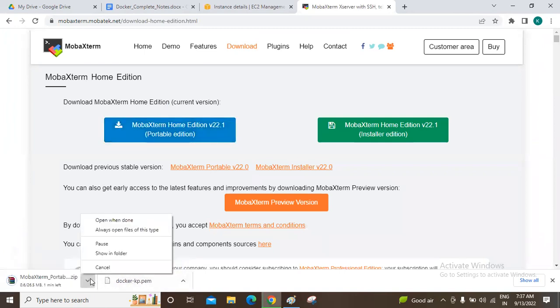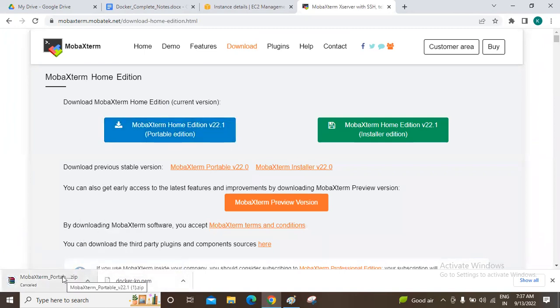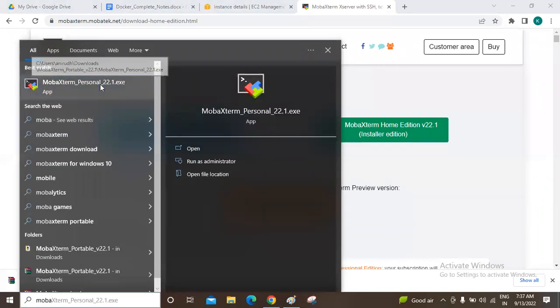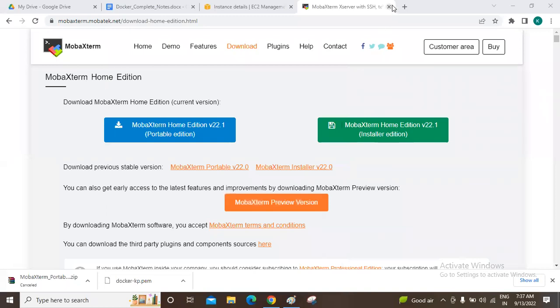It will be downloaded. After this, unzip it. After unzipping, you will have the MobaXterm executable file. Just double click on that. Very simple.